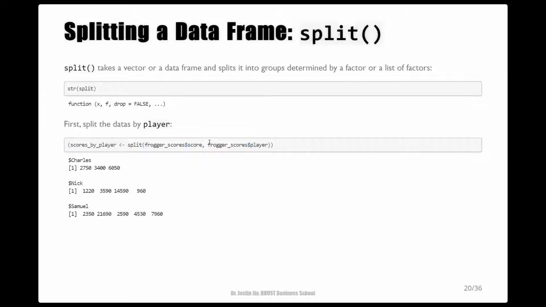In this example, the second column contains a factor that has 3 levels, or 3 distinct labels. That is the names of the 3 players. It identifies which group each element in the first vector should be assigned. So the score values are split into 3 groups and organized in a named list.